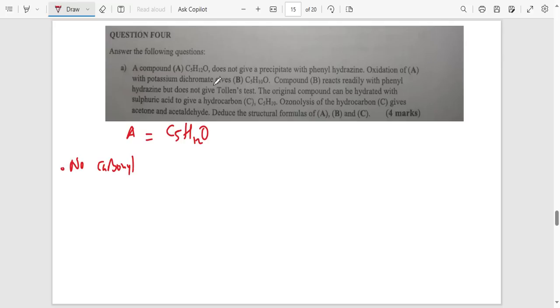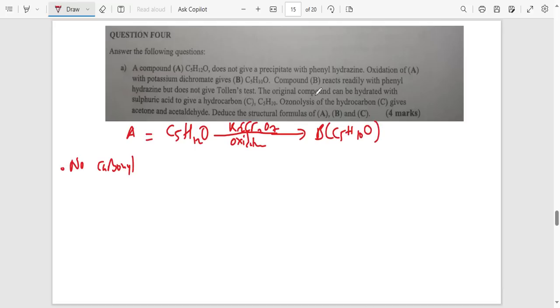Oxidation of A with potassium dichromate gives B. So when we oxidize A, we get B, and this is oxidation. And what we are using here is potassium dichromate. It's giving us B, which is